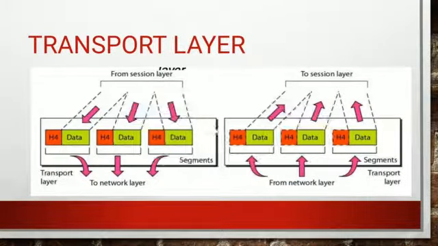So here the data is collected from the session layer and it will be divided into segments, and every segment is assigned a header value. So data, this is segment 1, this is segment 2, this is segment 3. Now all these three segments are passed to the network layer. Now at that network layer, again it will be clubbed up into one data unit and add the IP address to that one. So this is the receiver side, how the data is collected from the network layer, and it will be in the form of segments, and all the segments are clubbed into a single unit and it is passed to the session layer.